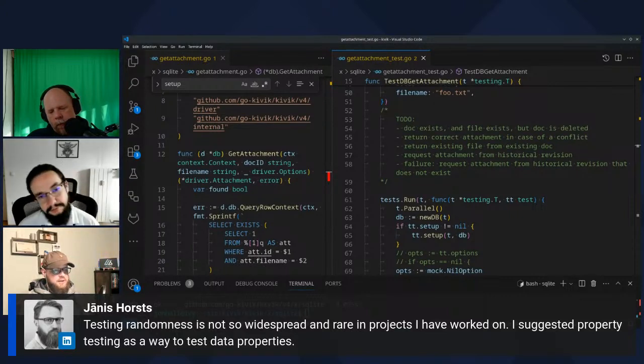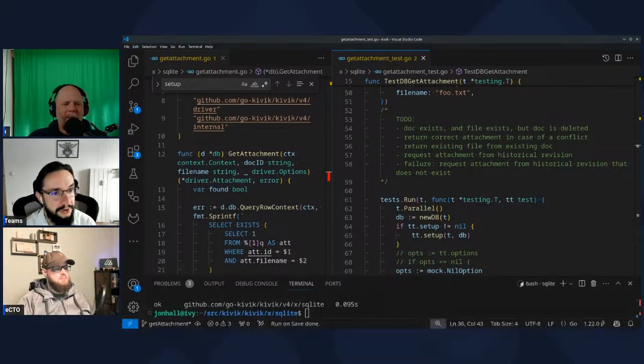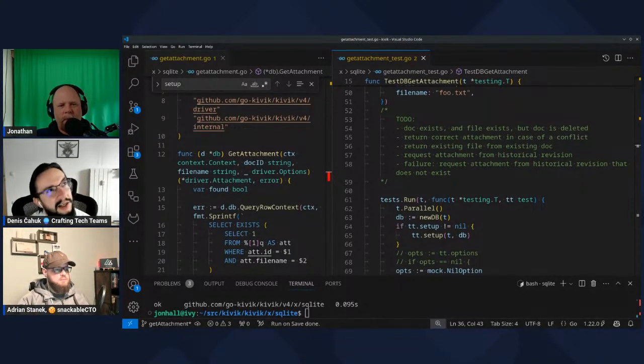Janis followed up with testing. Randomness is not so widespread in the projects I have worked on. I suggested property testing as a way to test data properties. Yeah, snapshot testing or nullable architecture are also, I think, very much adjacent or equivalent practices. John Gallagher has changed my mind on nullable architecture, where you're basically doing a kind of smoke test.